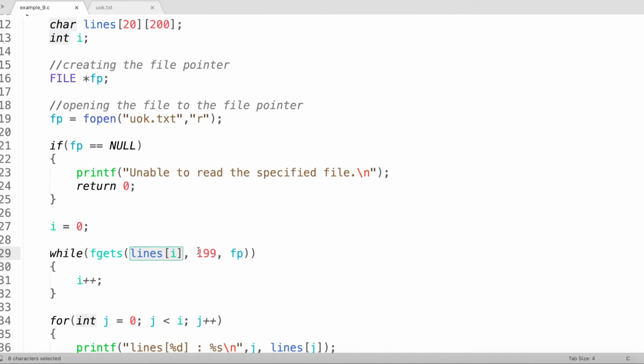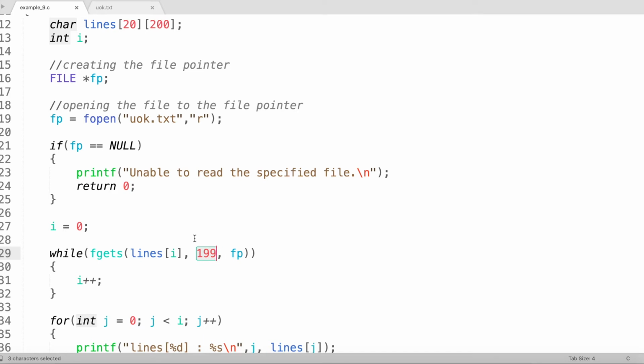The second argument for the fgets command is how many characters you want to read. I have specified 199. Why have I specified 199? Because I have declared my lines array so that each line can store 200 characters.